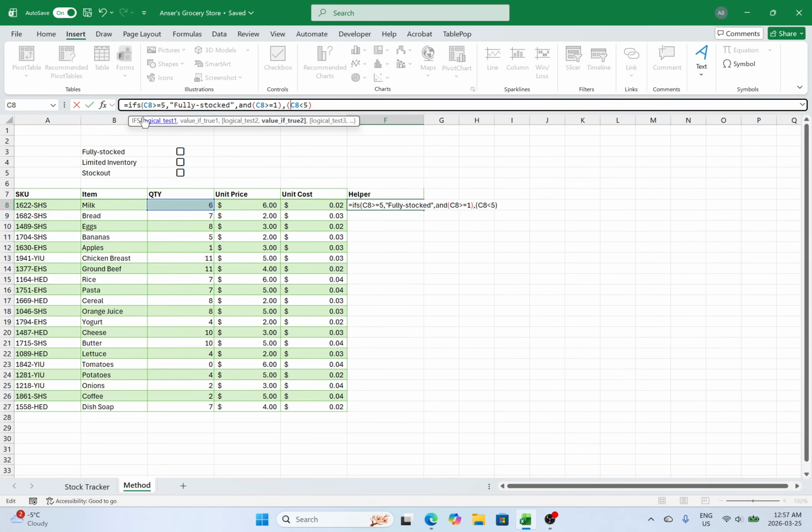So as you can see, we have the first condition, C8 is greater than or equal to 5, return fully stocked, comma, and then we introduce the AND function for the second logical test. C8 is greater than or equal to 1 in brackets, comma, C8 is less than 5. If that is the case, then we're going to go ahead first of all, close this into our brackets as well. Now, if this is true, as in if this is between 1 and 5, the value we want to